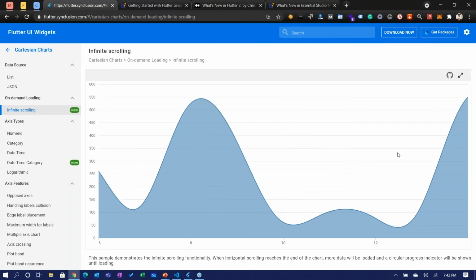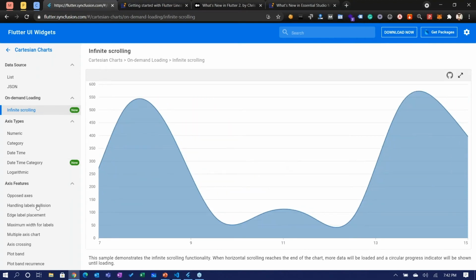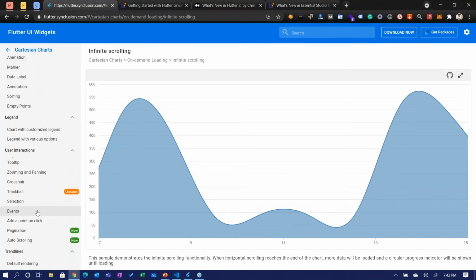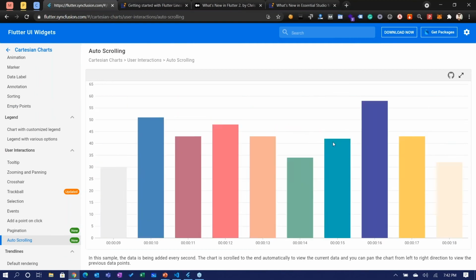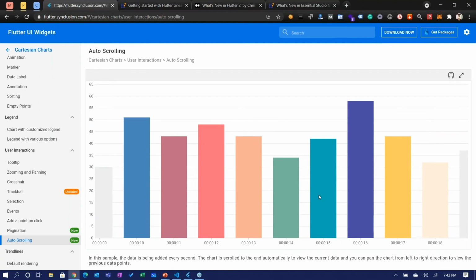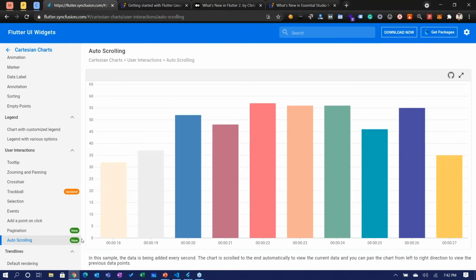If you want to see only 10 sets of data at a time, then you can see just 10 sets of data, as you can see here. Let's say for example, after 10, the data at the front will disappear, and you will only see 10 sets of data. So this is auto scrolling. You can scroll back and see the previous data, but eventually when you leave it, it will automatically set to the viewport.